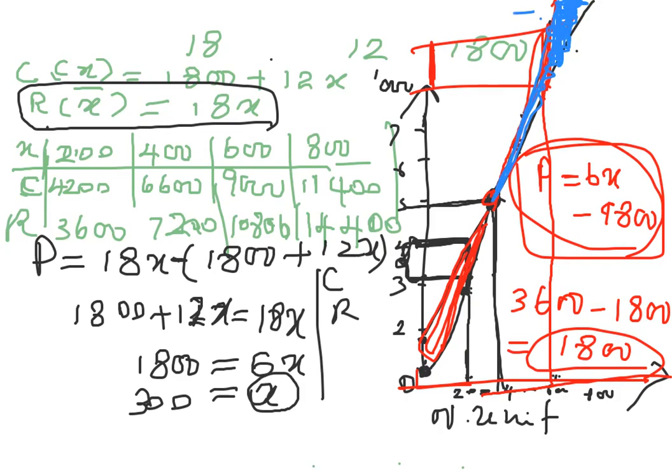After we find that the vertical distance equals that amount, then we can draw the line to the x-axis. And after that you can find where that vertical line touches the x-axis. That is the number of units that we want to earn that amount of